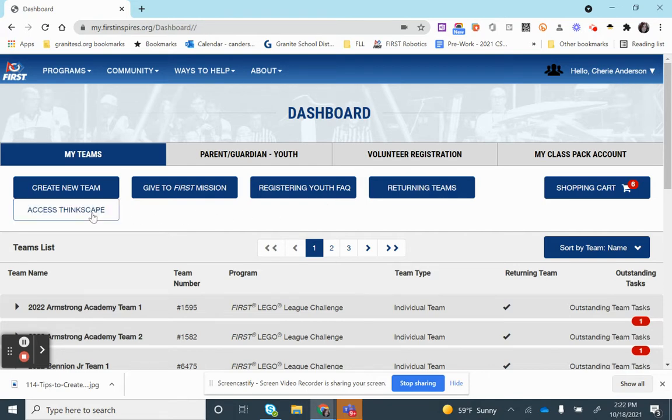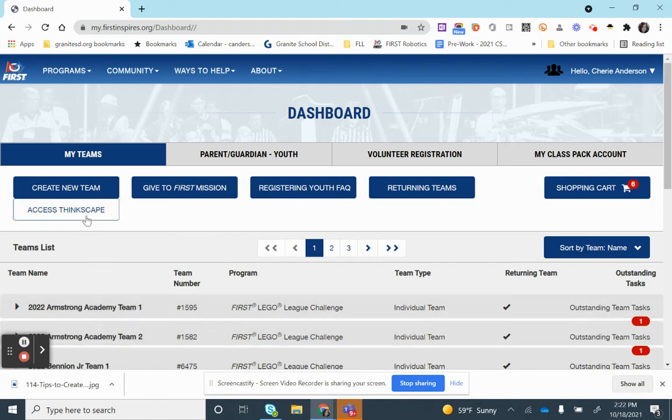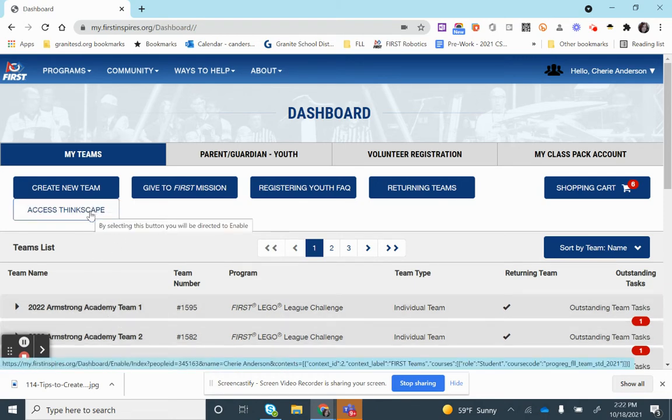It will show you're logged in. You won't see this create new team. You'll just see your two teams or three, however many teams you're connected to, and this Access Thinkscape button, which